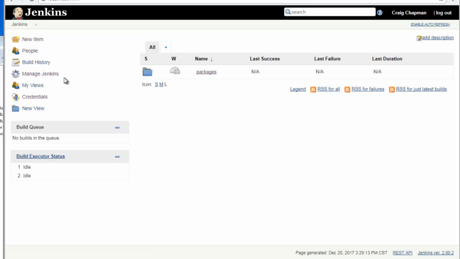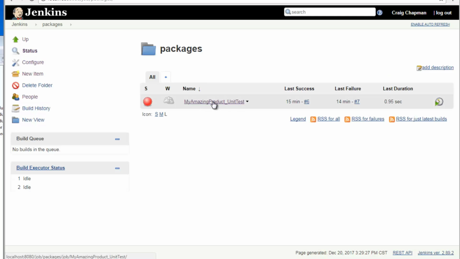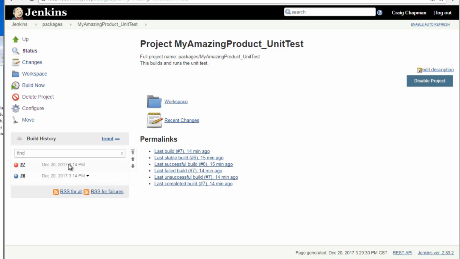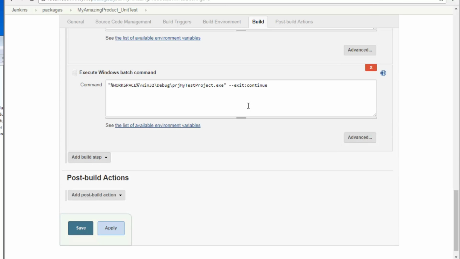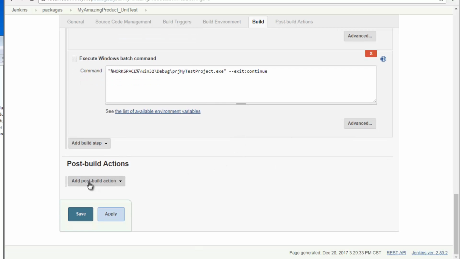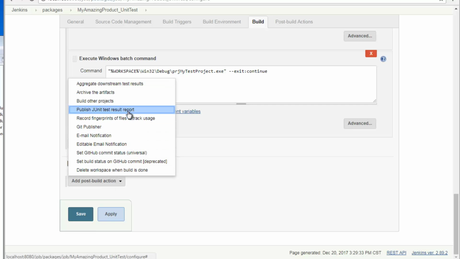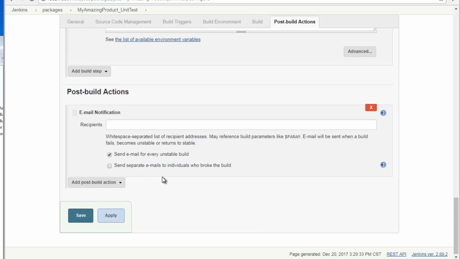Okay, so I have configured Jenkins with my SMTP details. I'm going to come into packages, and the My Amazing Product package is currently failing. So I'm going to come in here and hit configure. I'm going to scroll down to the bottom of my build job, and I'm going to put in a post build action here, and that is going to be an email notification. So I can select here send an email for every unstable build. I can specify recipients, and I can send emails separately to individuals that broke the build. I'm going to go ahead and put myself in here as a recipient